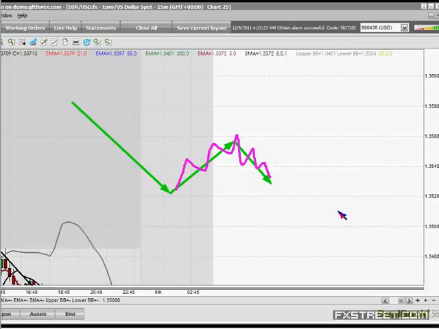I'd never long it with that approach if everything was down. Your daily's down, your 4 hour's down, everything's making fresh lower lows. I would never long on a 3-minute change of trend in the face of all that and get hit by a freight train. But if I'm at 4 hour resistance where I trust my fractals,